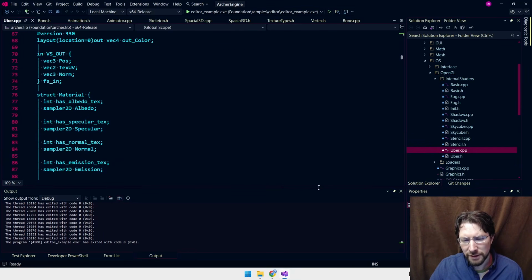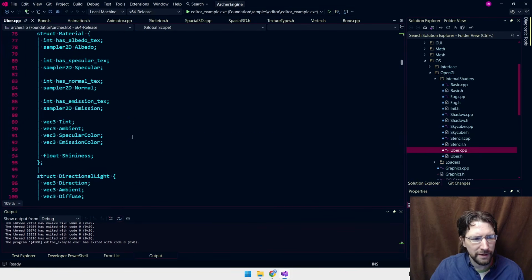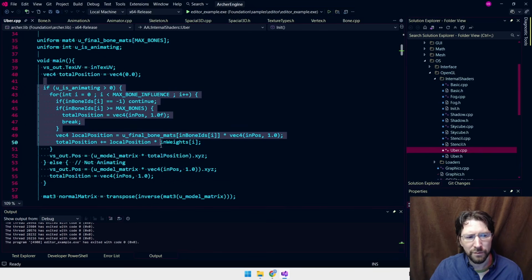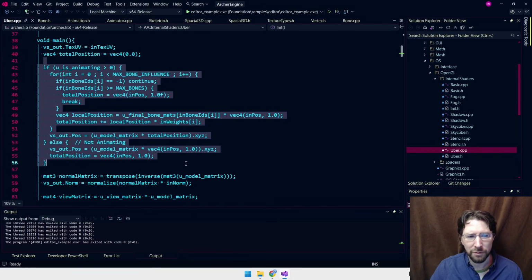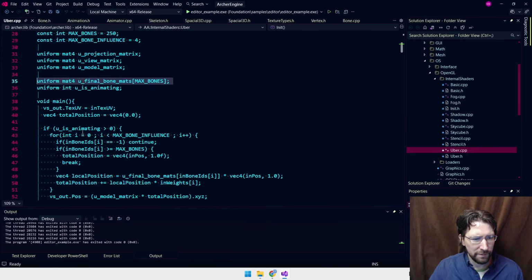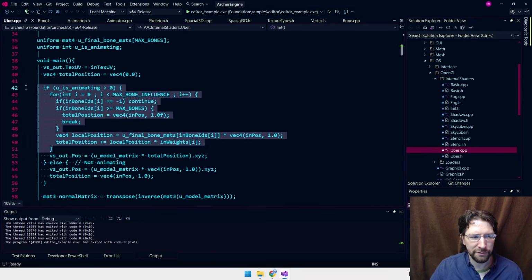But that's a whole big job on its own, so I'm not sure if I'm really going to do that. I might just have to analyze it. But part of this says basically the animation math is mostly processed, or at least partially processed, in the shader. So the C++ code sends up all this info, the bone info, and tells it whether it's animating or not. And if it's animating, then the shader code is actually what is making the model look different.